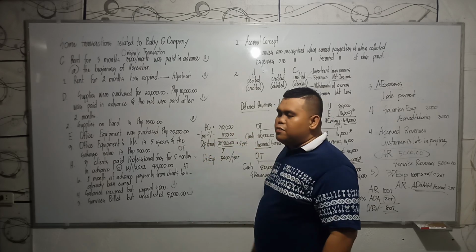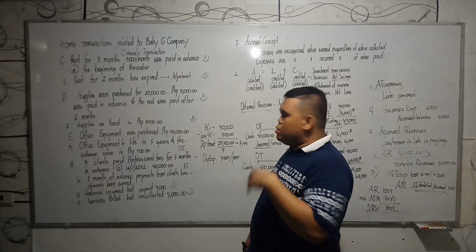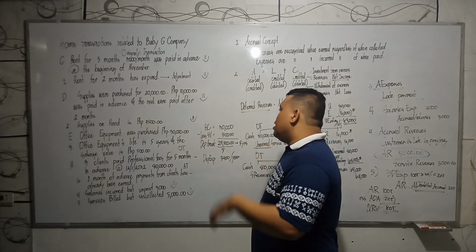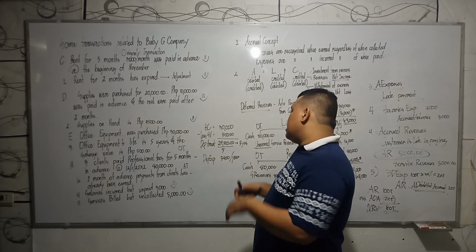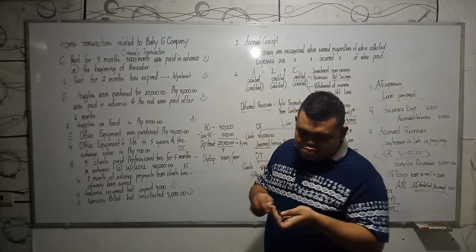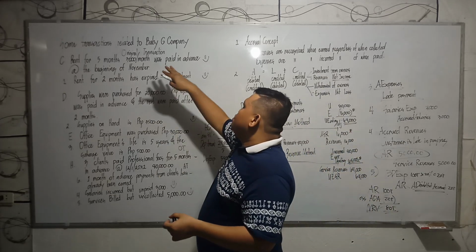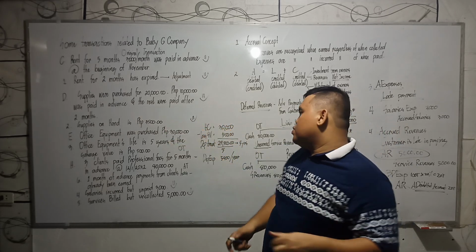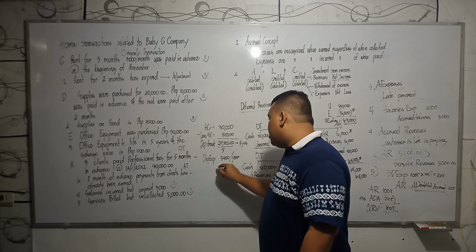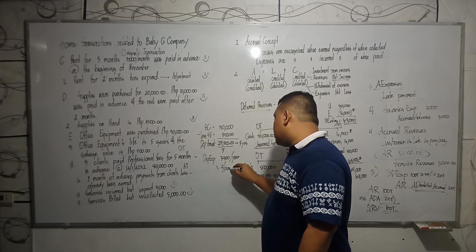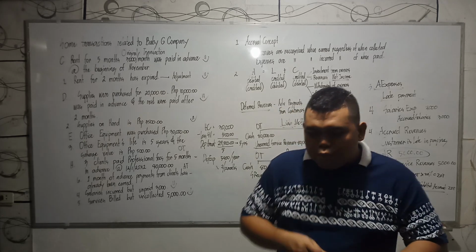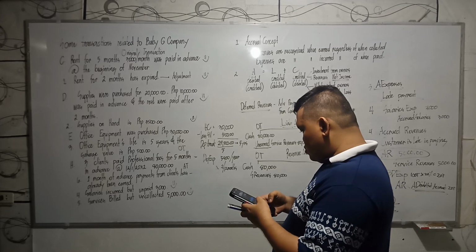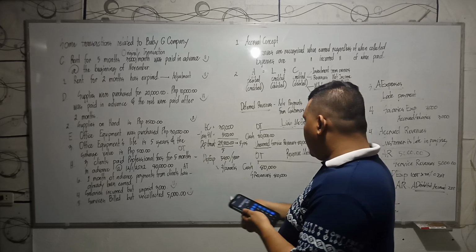Okay? And if the value is 500, then you're going to sell it, and then you really realized 500, then you have debit cash 500, and then credit the office equipment if ever. But then again, in this particular case, since there are only 2 months in the BBG company, because it started in November 1 and it will end in December 31, the period. So that means the 5,900 is not applicable. It's only 2 months over 12 months. So 2 months over 12 months of the 5,900 times 2 divided by 12, we have